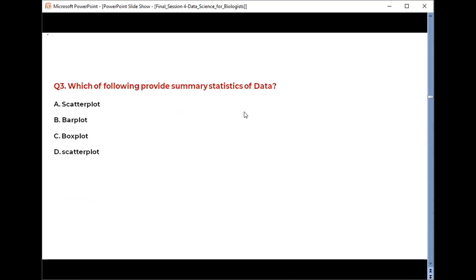Which of the following provides summary statistics of data? A, a scatter plot; B, a bar plot; C, a box plot; and D, a scatter plot.